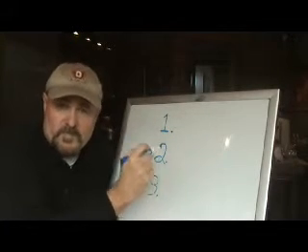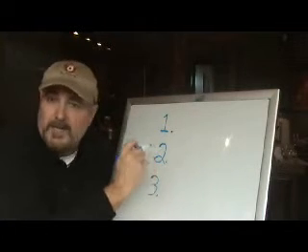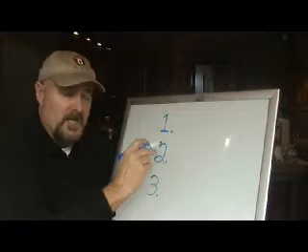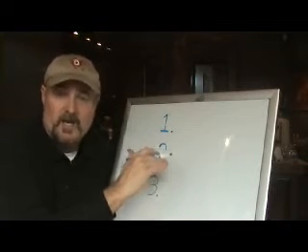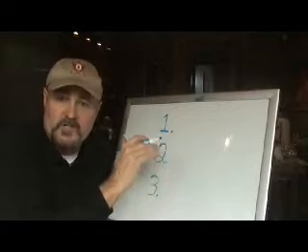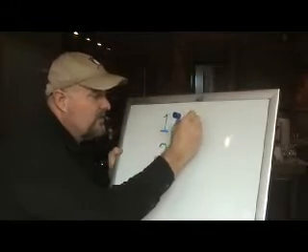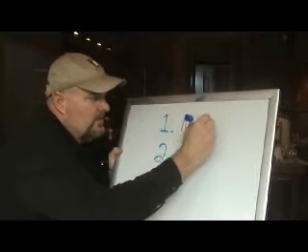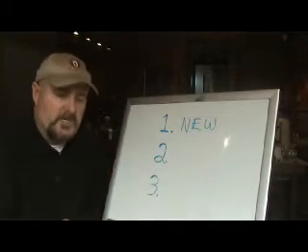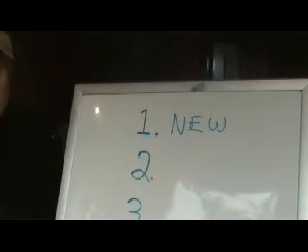If you follow these 3 steps, they will apply to any program, any pay plan, any product line, any price point. It could be $10 a month or $500 a month. It doesn't matter. And this is the architecture that you need to follow. Number 1, you need to go out and get new customers or distributors each and every month. I'm going to zoom in on that for you here so you can see that today. New. Now that's customers and distributors.